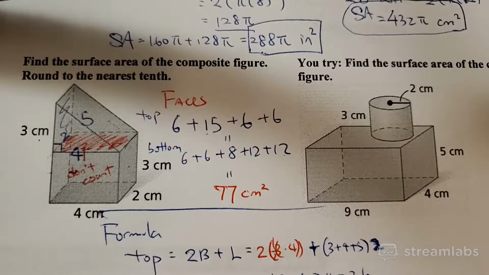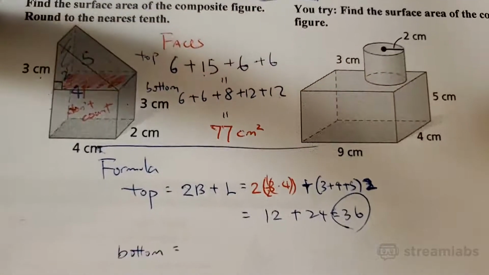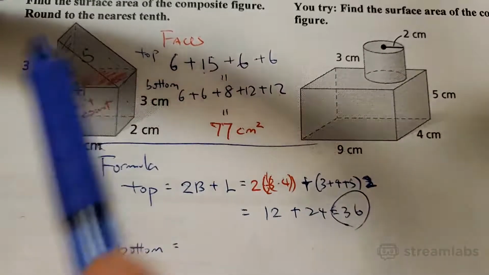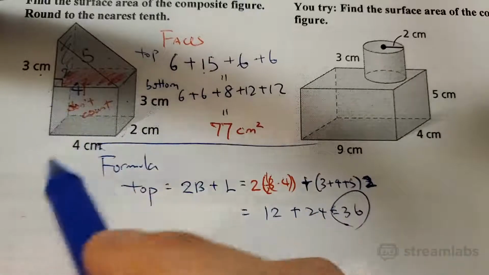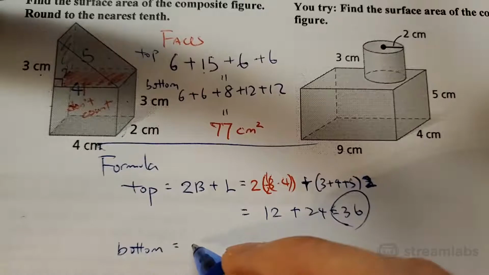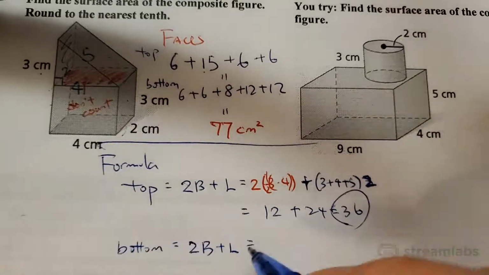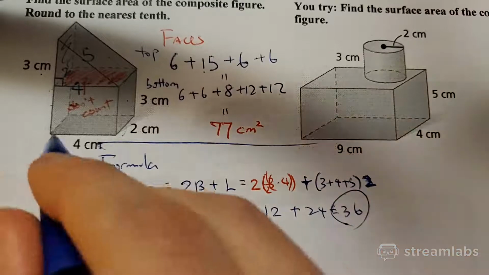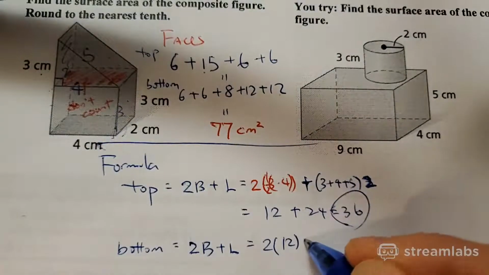So top's 36. The bottom part, so I haven't subtracted anything yet. I'm just calculating the surface area as a whole. Okay, as a whole. So separately. Okay, bottom part is going to be, you can do anything as base. I'll just do this as base, okay? Because since we have the same height anyway. So I'm going to do 2 base plus lateral area. So 2 base will be 2 times 4 times 3, right? So it would be 12 plus